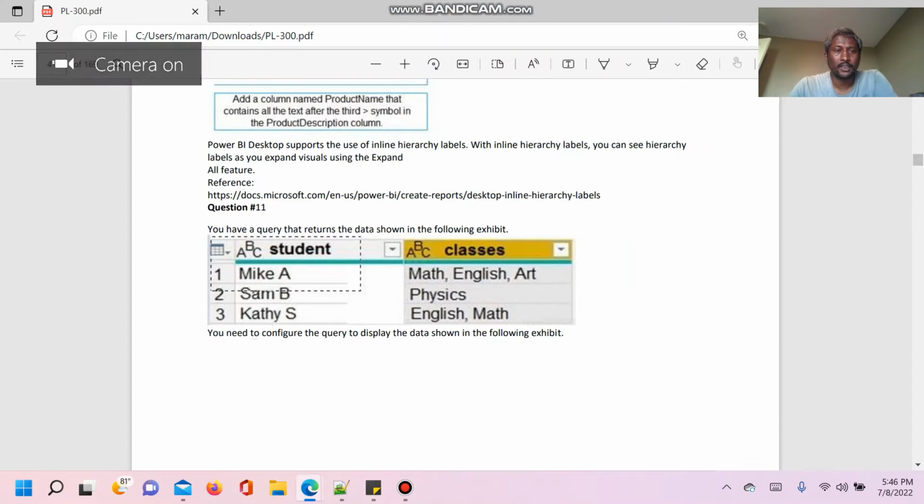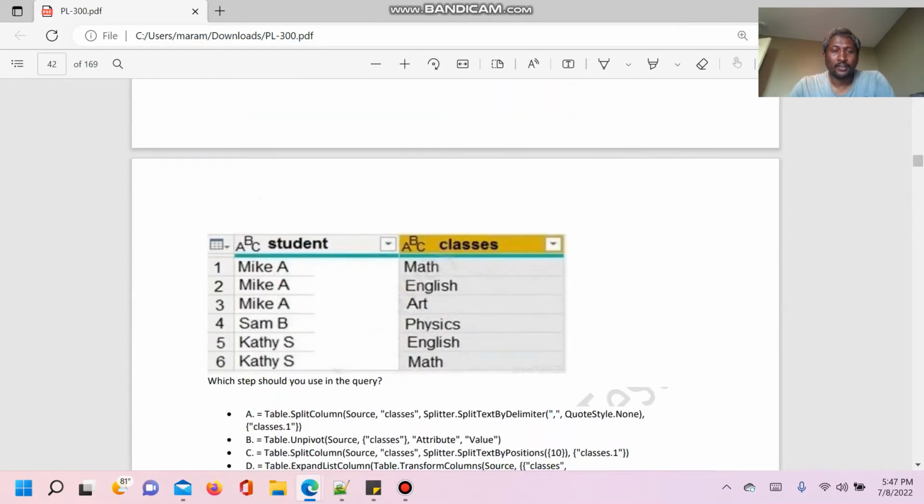Moving to the next question. Question number 11. You have a query that returns data as shown in the following exhibit. We have students and classes. Mike A attended classes of maths, English, and arts, and Sam B attended a physics class. And Kathy S attended English and math classes. So this is the data we have, and what exactly we are expecting is